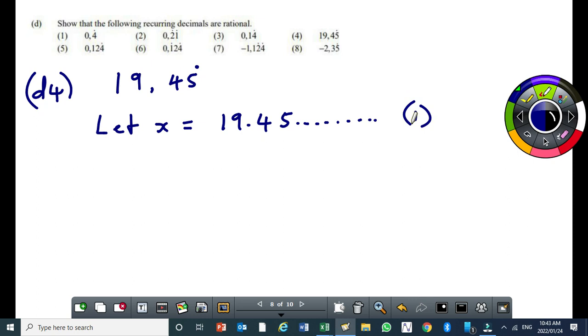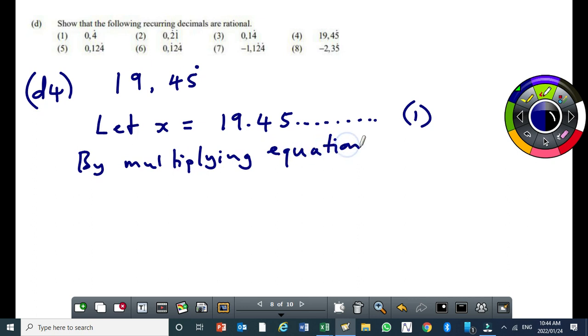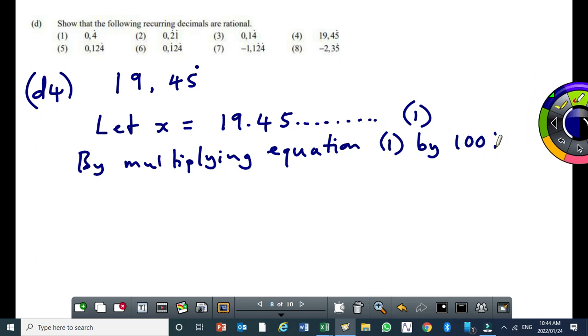Okay? Then, since we have got 2 digits after the comma, which multiple of 10 has got 2 zeros? 100. So we multiply by 100. So by multiplying equation 1 by 100, okay, if you multiply equation 1 by 100, you get